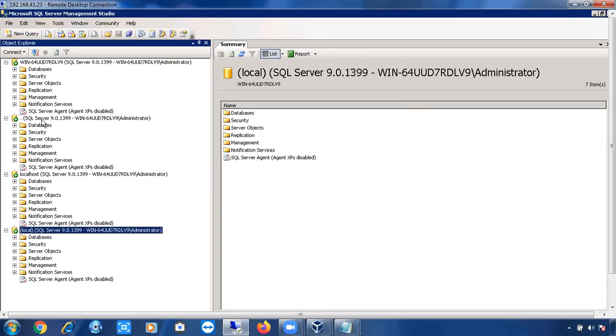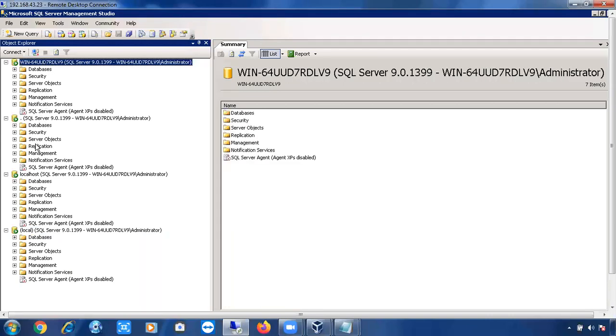Like this we have six or seven ways, you can connect using a network path. Different ways are there, but these are the basic ways. We have to know these basic ways. These four ways are for connecting to the default instance. For a named instance, again we have different ways. Three or four ways are there, but you cannot give local like that. Where you can give local, I'll tell you while connecting to a named instance. In the same way we can connect to the local instance, named instance also, but there is a small change. Okay, right. So I have installed only one instance, but I can see four instances.